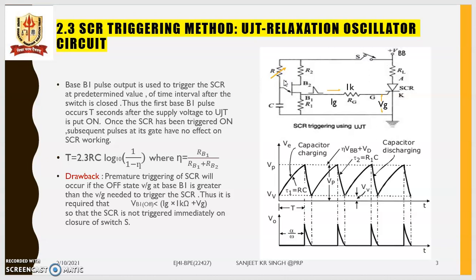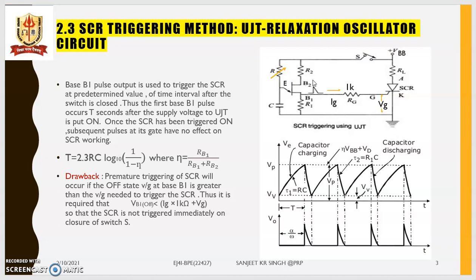So this supply will be available and the capacitor is charged, and when this capacitor voltage exceeds the Vp value, then the capacitor discharges through R1. Now a question may arise, why is it discharging only through R1, it could have gone through Rg. The reason is R1 value is lesser than the Rg value. Rg here is 1 kilo ohm, whereas R1 will be a few ohms, 47 ohms or like that.